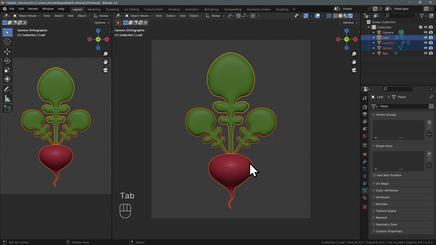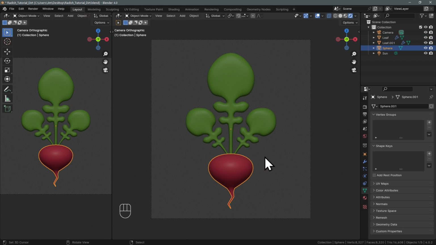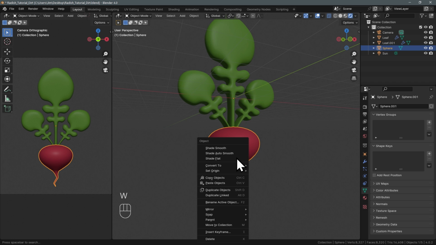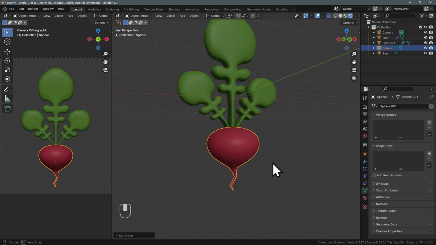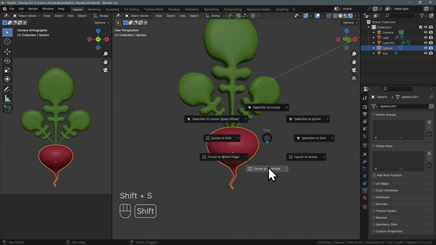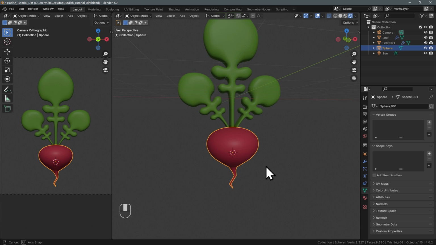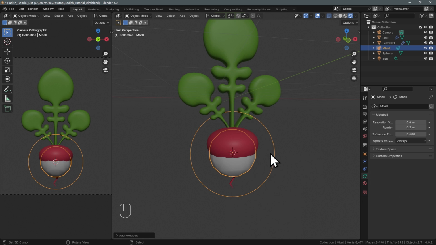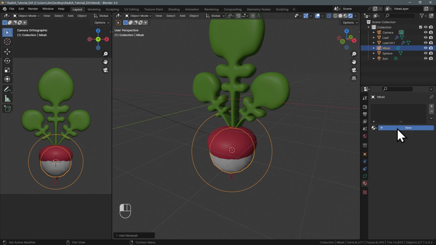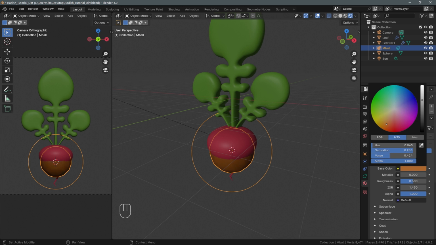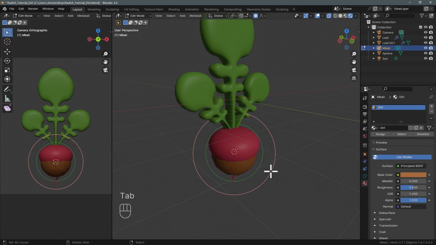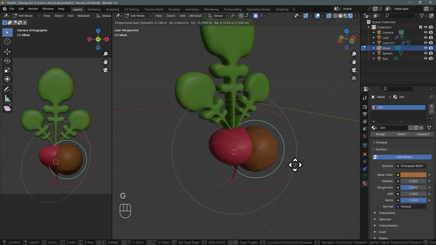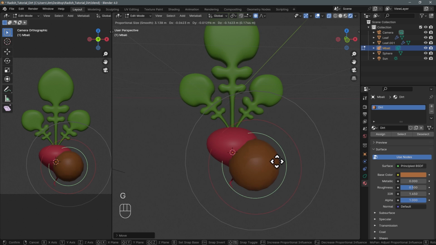And then I want to get the radish origin point to be on the geometry. W, set origin to geometry. And then Shift S and cursor to selected, because for the dirt, I want to use a meta ball. And then this is something that we can just kind of clump up and put around the radish for the growth stages. In edit mode, we can select the red or green handle and move the ball around, and then